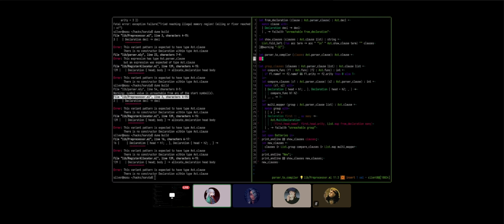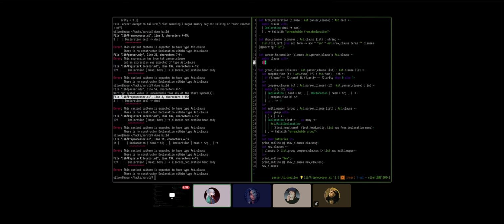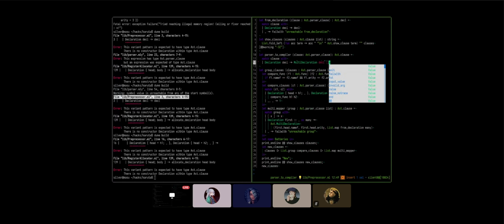And what it does is match with, if I can type, if it's a declaration with a decal, then we do a multi-declaration with the decal and an empty list.